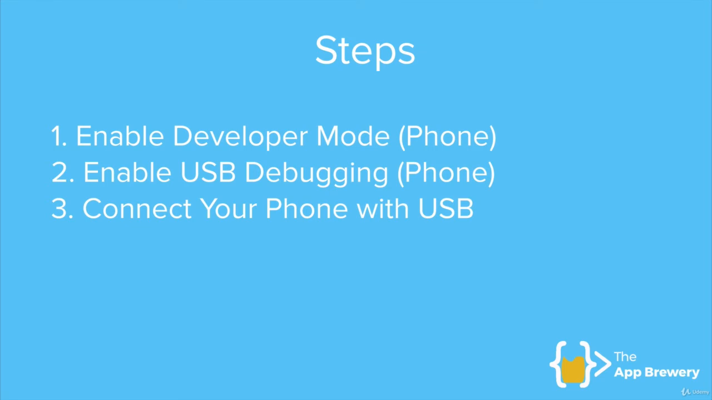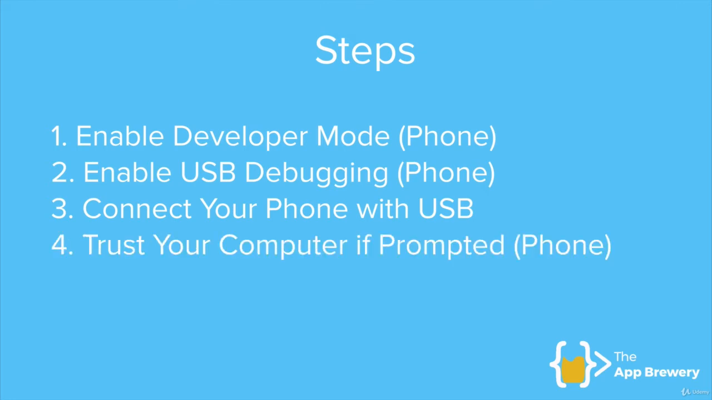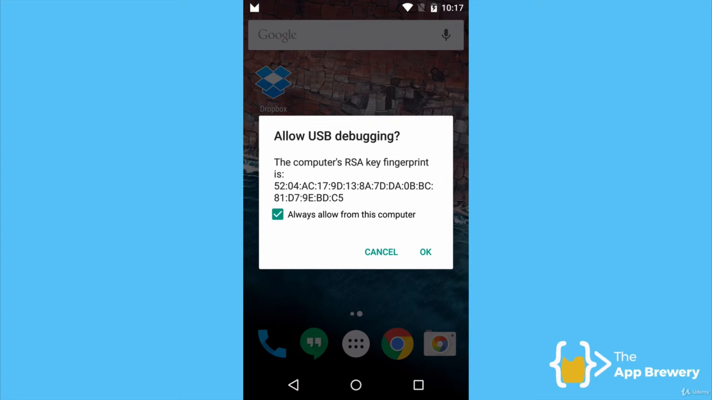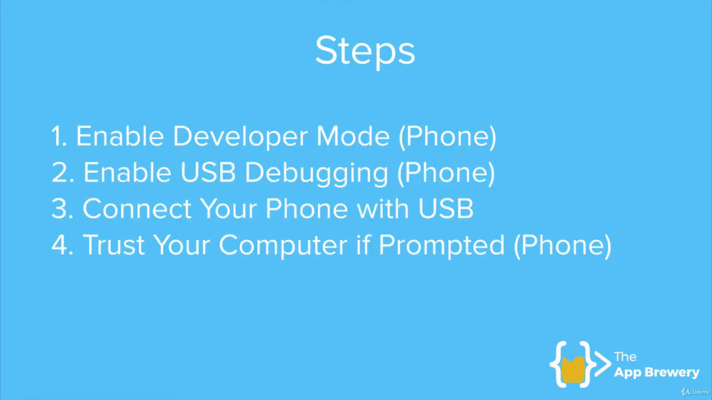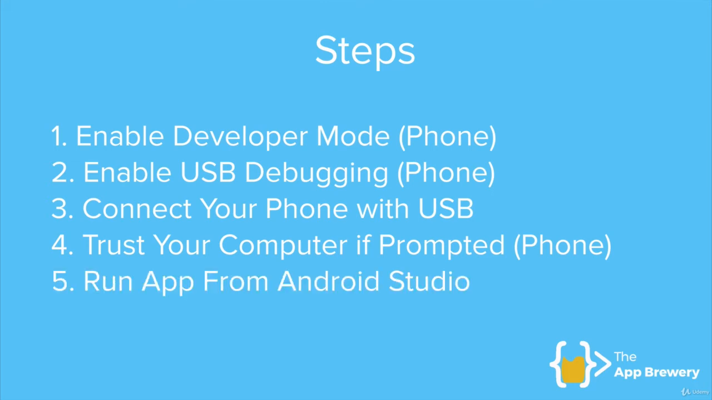Now, once you've connected your phone with USB, what you should see on your phone is a prompt. So head over to your phone and take a look at the screen and see if you have this pop-up asking you whether you want to trust this computer. Now, it's really important here that you check the box where it says always allow from this computer, so you don't have to deal with this pop-up every time you want to run your app, and then go ahead and click OK. So now you've trusted this computer to receive data from it into your phone,